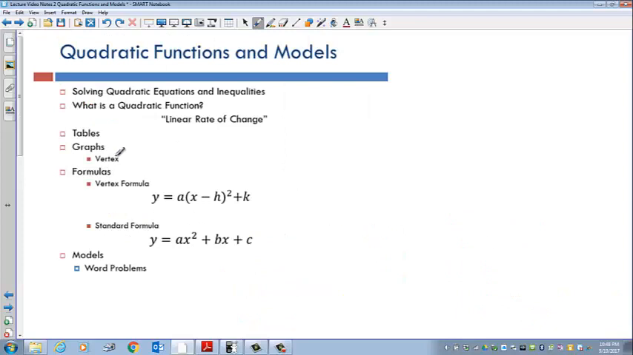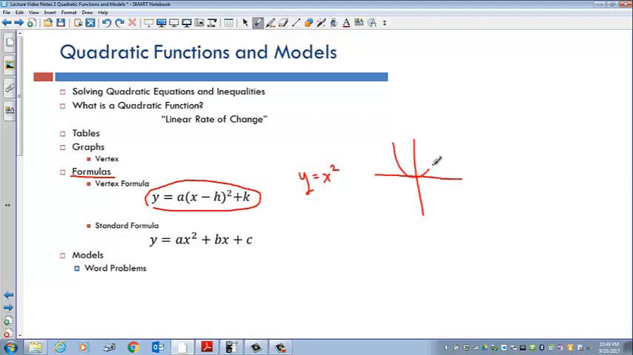So we talked about the graphs here. I want to focus a little bit more on the formulas and kind of where they come from. If you think about this formula, you can think about this in terms of transformations on y equals x squared. And then it makes it obvious why (h, k) is actually the vertex. So if you take this graph like this,